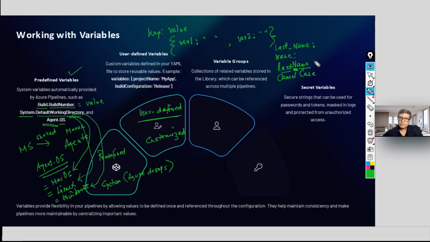Then colon. Say my last name is Paul. So this is the value. This is the key value pair. But if you had to define, say, name is Debasis, or you can say first name, first underscore name.